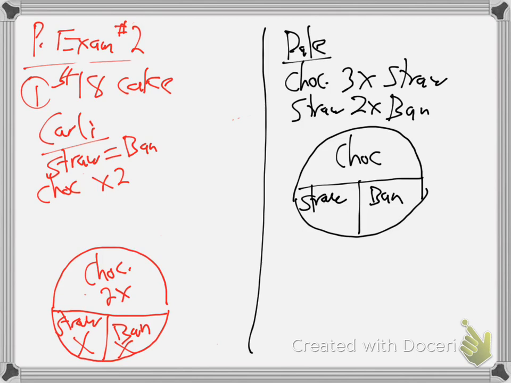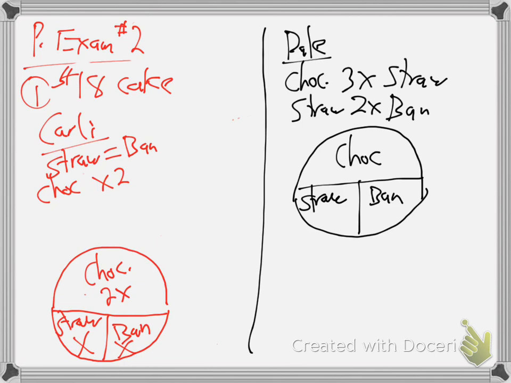That makes sense, right? They're just saying chocolate is twice, strawberry and banana are equal, so these are both X. I'm going to add them all up in a minute to be 18. But hold on, here's the problem. When somebody says they like chocolate twice as much as strawberry, they mean they like the flavor twice as much. So if you also give them twice as much of it, they're going to like that 4 times as much. Did that make any sense? No. So you can like the flavor twice as much, and you can be handed twice as much.